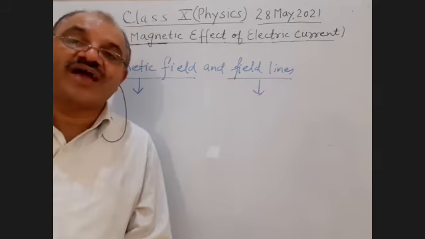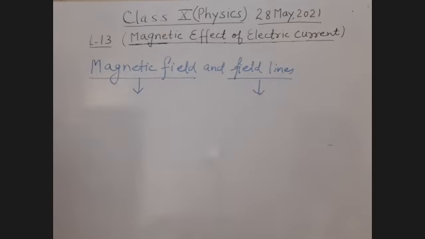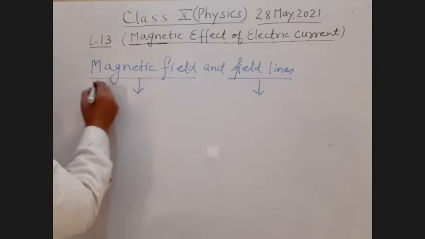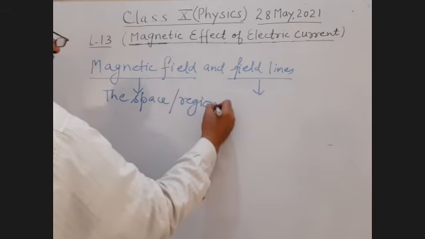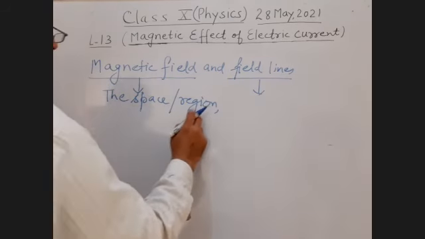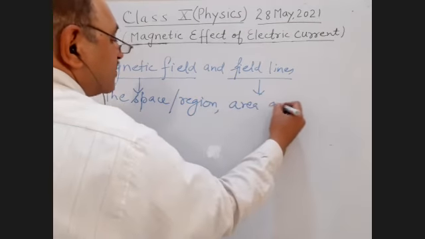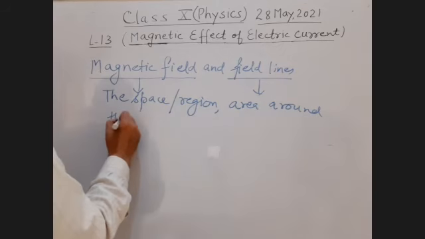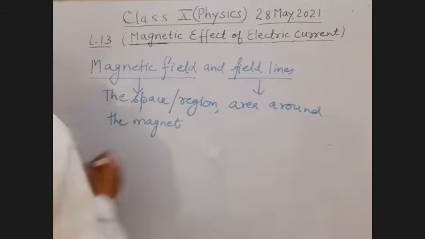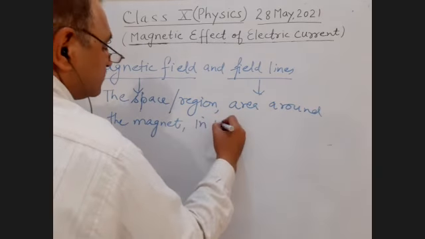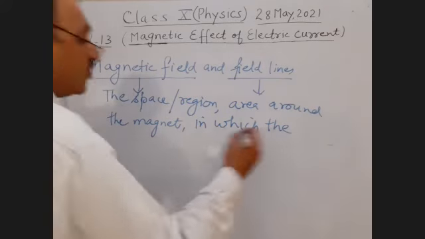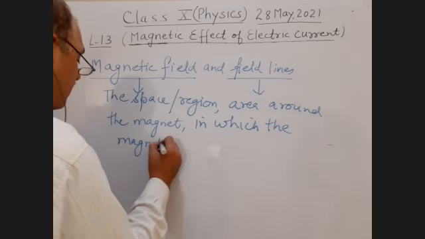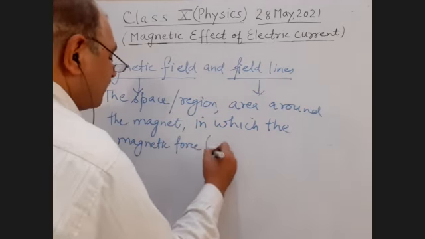So magnetic field, it is the space, the region, or area, I can say, around the magnet in which the magnetic force, in brackets we can write its influence,